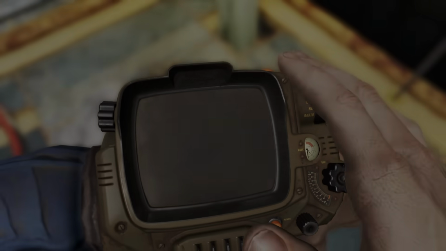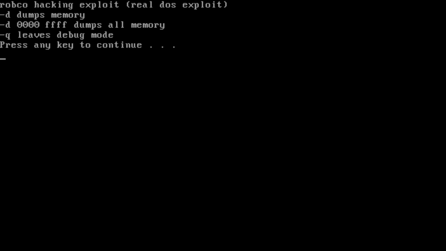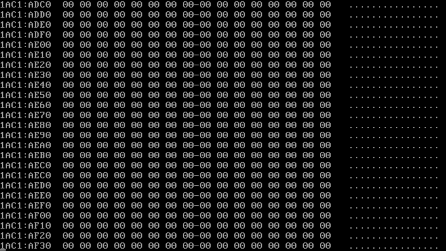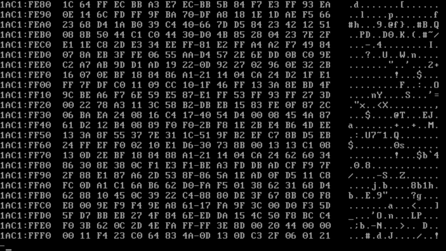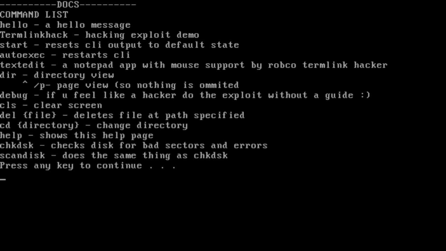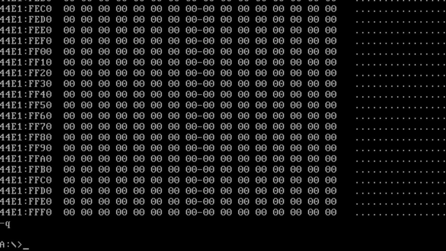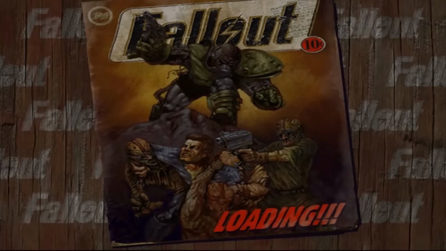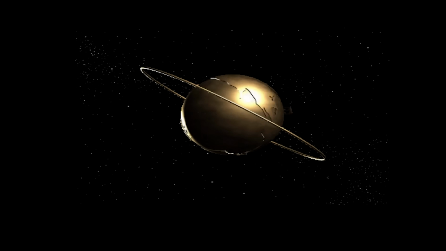As promised, I have another community highlight, one that is quite applicable to the topic at hand because it is a project undertaken by a friend known as Crazy Smile, who programmed the first real operational Robco OS. It is functionally MS-DOS, and so it can run programs that work on MS-DOS and play games that work on MS-DOS, including, drumroll please, the first Fallout game itself. That's right, things are getting super meta in here, playing Fallout on Robco OS.